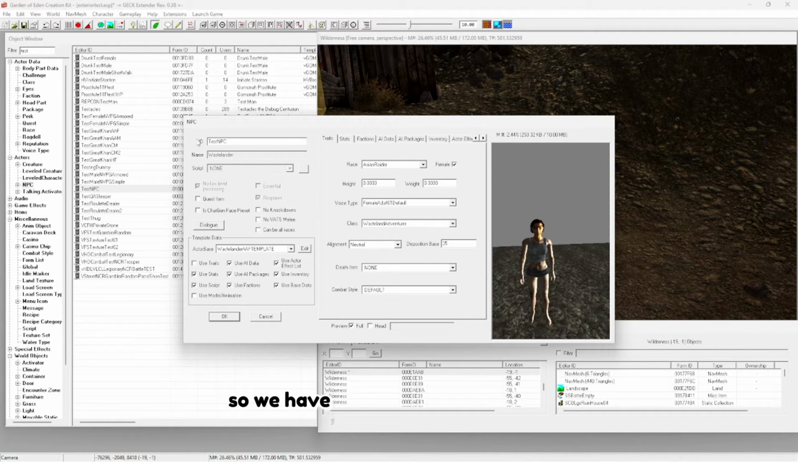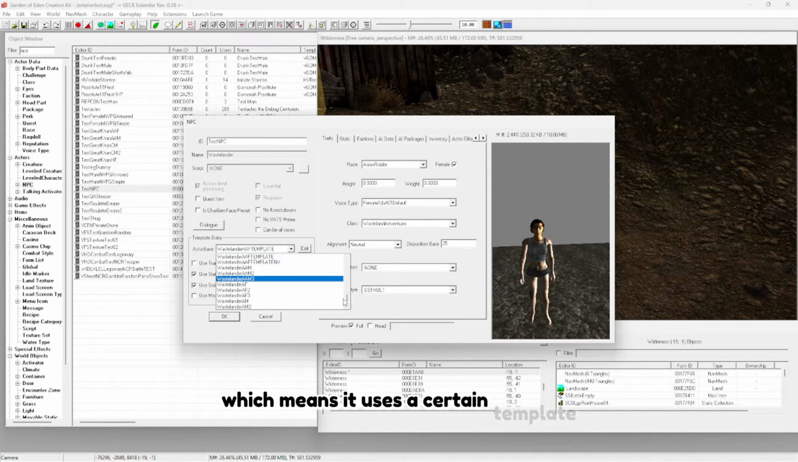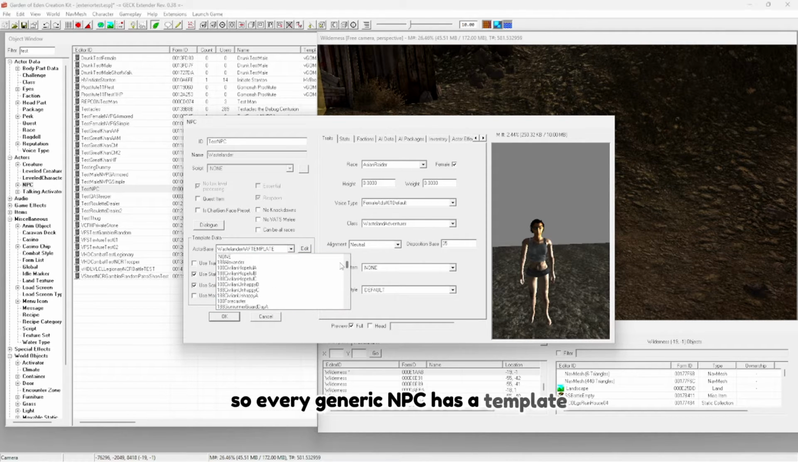So over here we have the ID, test NPC, and we have the name. Now the reason why this is grayed out and you can't use a script is because it uses template data, and the actor base is Wasteland AAF template, which means it uses a certain template. So every generic NPC has a template. So right here,